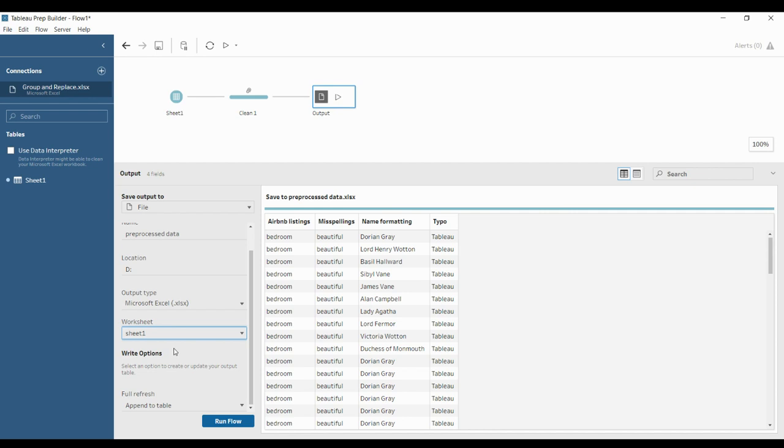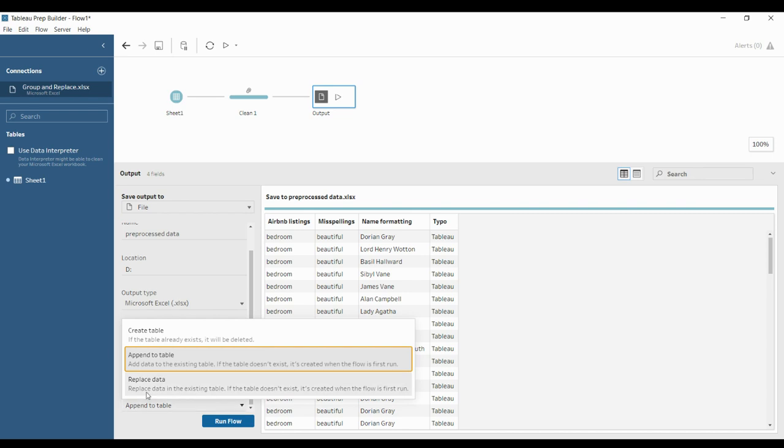Once you have created sheet 1, you have another option called full refresh. In this you have three options. One is create table. If you click create table, it is trying to create the sheet 1 table. If that table is already there, then the existing table will be deleted and the new table will be created.